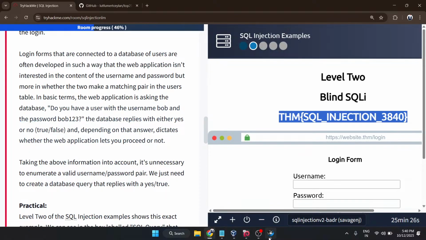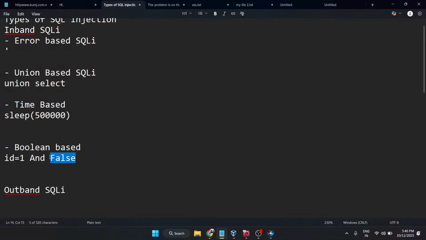We can also ask statements like I told you: if I say and false, it is not loading, but if I put true, it is loading. So I can ask one by one, do you have a username like Bob? It goes yes, no, whatsoever. That is how it happens in boolean based,